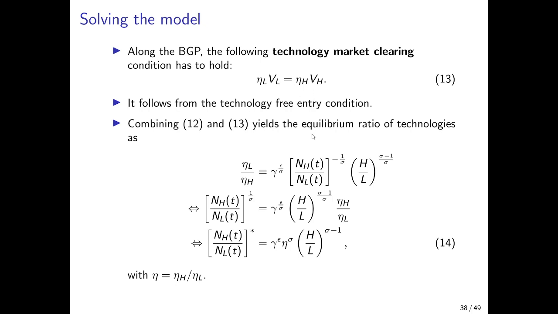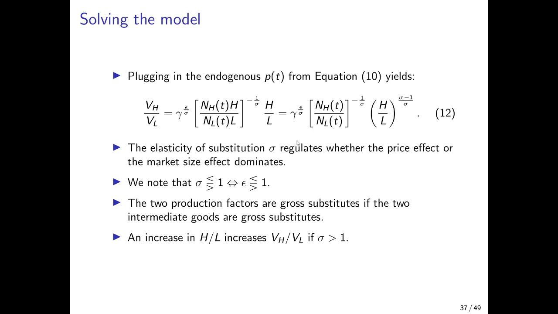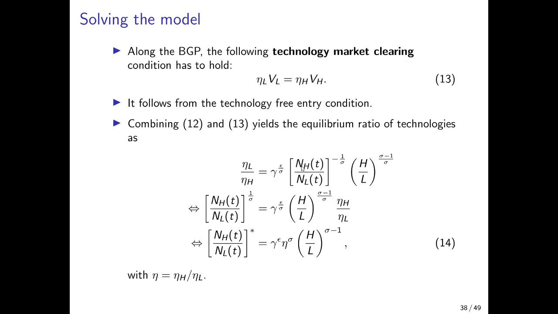Now VL over VH can be plugged in from equation 12, basically, and then we would get this expression that we have here. And now in this expression, we see that NH over NL is still present, but we can isolate it on the left-hand side. So we bring eta L over eta H to the right-hand side, and we can compute